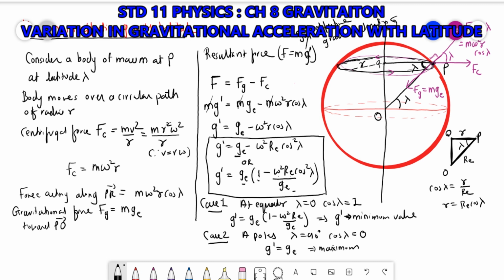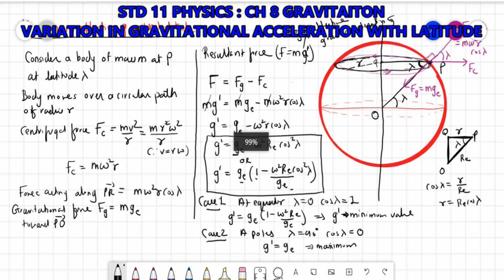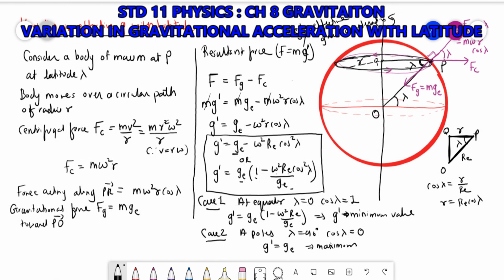Moreover, the radius of Earth at the poles is less. We know that Earth is not a complete sphere, right? Even you can see in this figure. At equator, the radius is higher, and at poles, it is lesser. Clear? So also this results in increase in the value of g dash. So the gravitational acceleration at poles is slightly higher compared to that at equator. Clear? So this was about the variation in effective g with latitude. Okay? So just note down this topic.